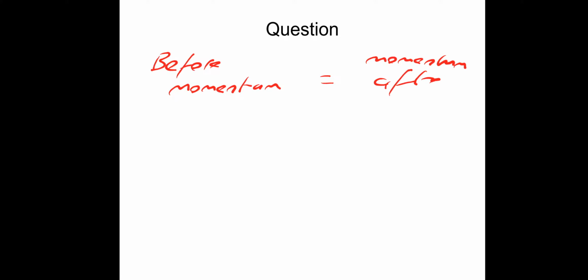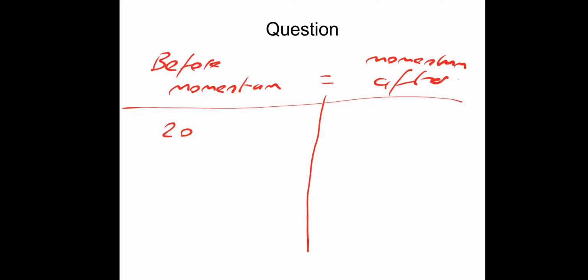So what we can say is we can apply the conservation of linear momentum. So we can say that before the collision, the momentum, so the before momentum, is equal to the momentum afterwards. Then we can make a grid, and then just check the momentum of everything. So before the collision, we have the trolley of mass 4 kilograms moving at 5 meters per second. So 4 times 5 gives a momentum of 20